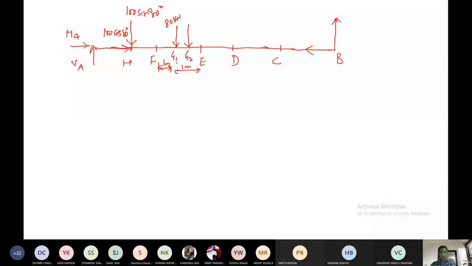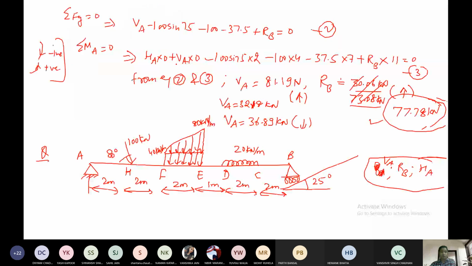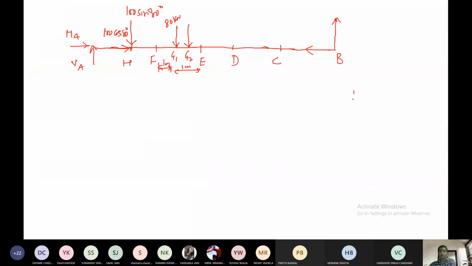This is for this one, and for the second one it is half into 80 minus 40 into 2. That will be how much? This will be 40 kilonewton, and the distance from here, you can see, will be 1 meter,